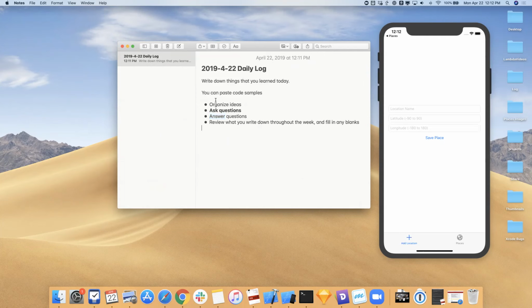So what I want you to do right now is just create a new note in Notes and call it the daily log. Now, I like to put the date in this format just because it makes searching for it a little bit easier, because I've got the year first, but you're free to put the date in whatever format that you like. And I just want you to create an entry, and